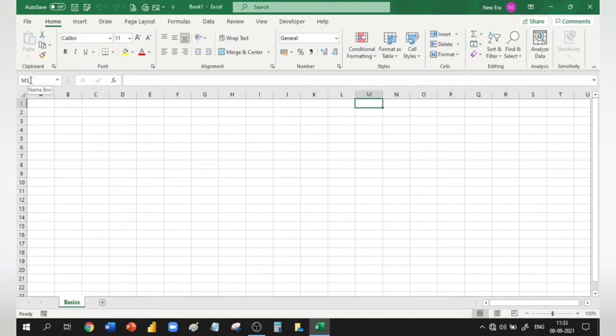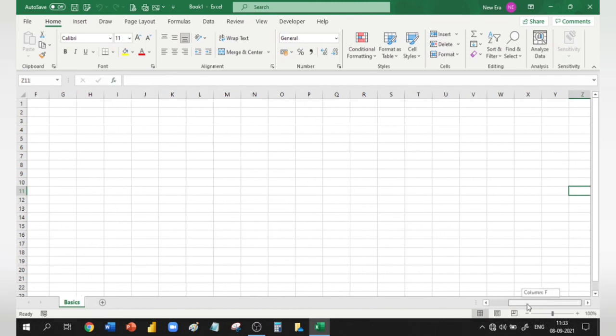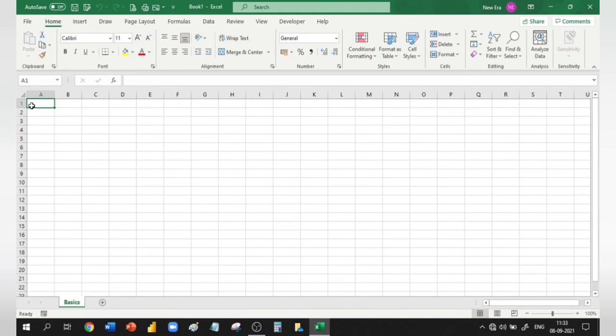You can come to this part. If you want to jump to a cell, let us say Z11, I'll just type Z11 over here, and there you go. You can directly jump onto the Z11 cell. Let us come back to A1 first of all and understand what the rows and the columns are. All the vertical ones that we have over here on the horizontal side, these A, B, C, D, all the letters, denote your columns. So the vertical ones are called the columns and the horizontal ones over here are called the rows, which are referred to with the numbers.